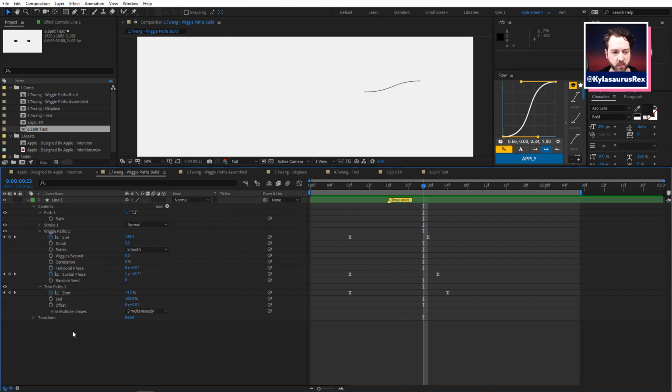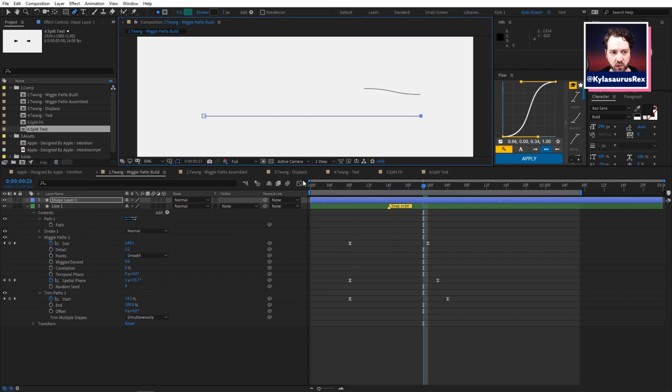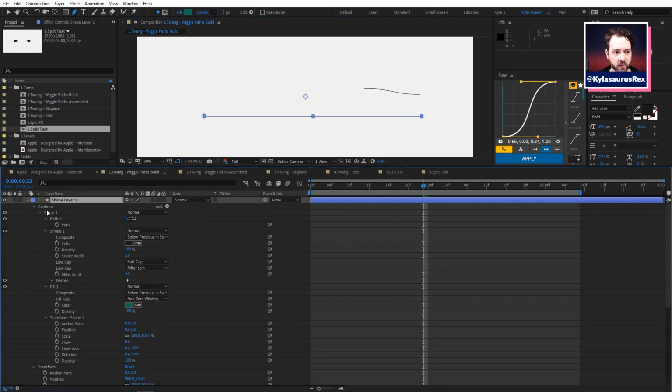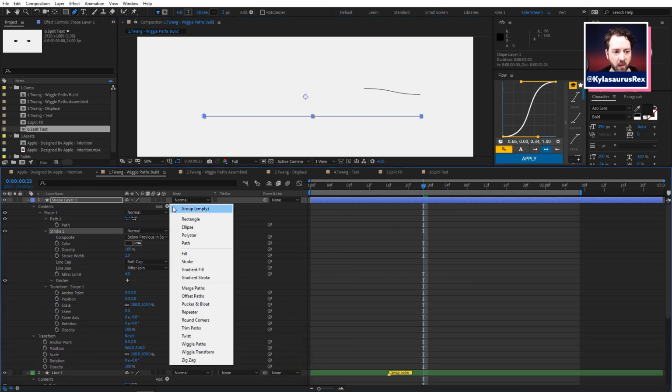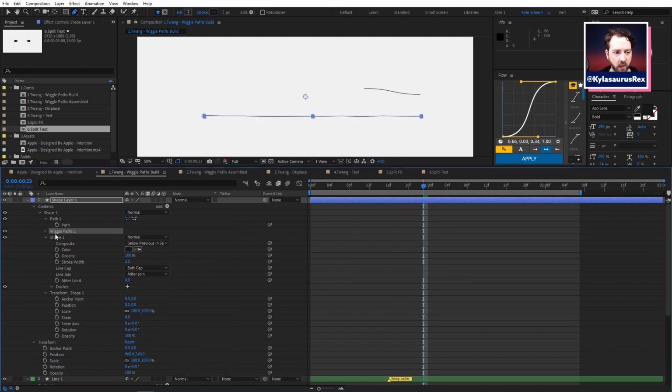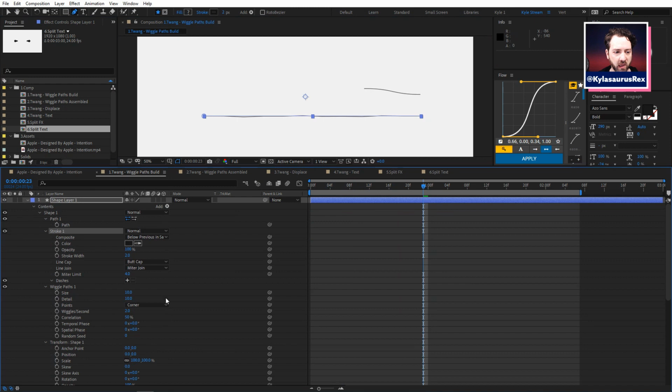Obviously I've got some specific settings here that I found by dialing in. But I'll make just a new line here. It looks like I've got a stroke already. I can just get rid of the fill. I'm going to add a wiggle paths, which, ding, really that stroke can be anywhere. Not a big deal. The thing about wiggle paths, by default, it's kind of spiky like that. You can just turn that to smooth. And then it's a matter of dialing in your amount of detail here. I'm just going to ballpark it. If you don't like that one, just mess with the random seed until you get one you do like. If you don't like it, keep hitting the button.